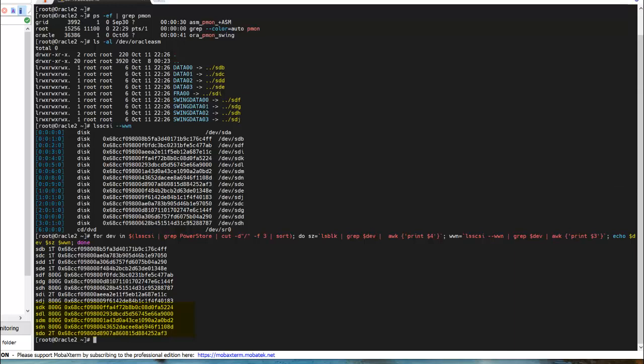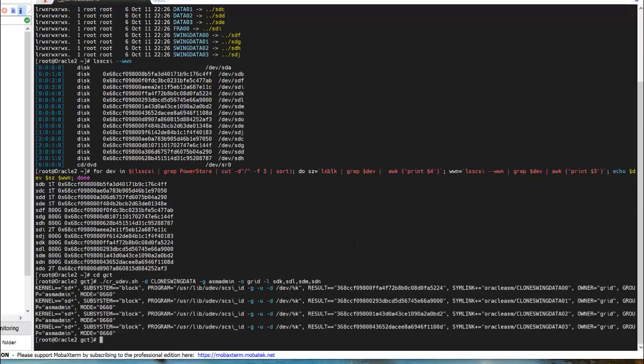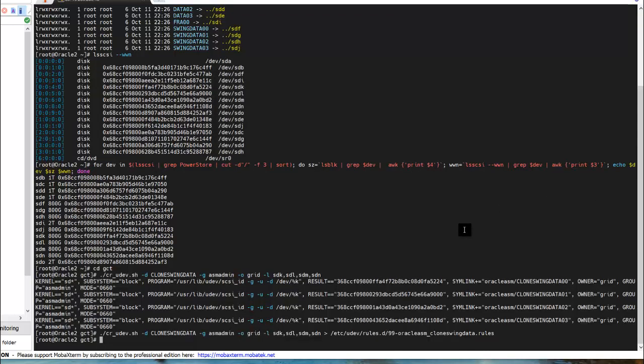So, let's make some new udev rules for these new volumes. You can see that devices SDK, L, M, and N are the 800GB volumes, so we'll call these clone swing data. I am going to use this quick helper script to create the rules. We'll make the owner grid and the group ownership will be ASM admin. We're using separate Linux user IDs for grid and the database. If you installed everything under a single user ID, then the owner would probably be Oracle and the group ID would likely be oinstall. We'll save the rules in etc udev rules.d